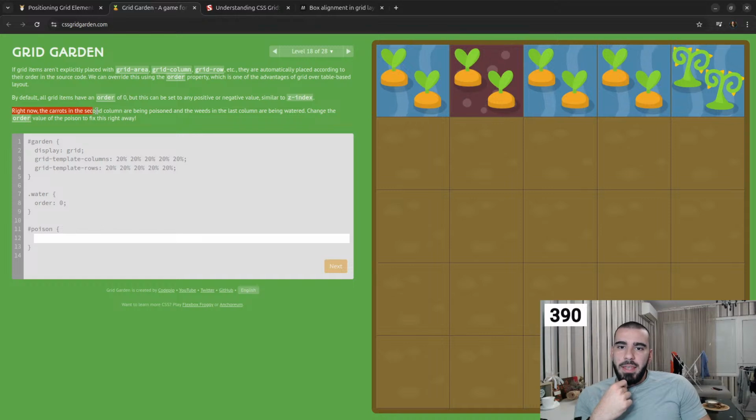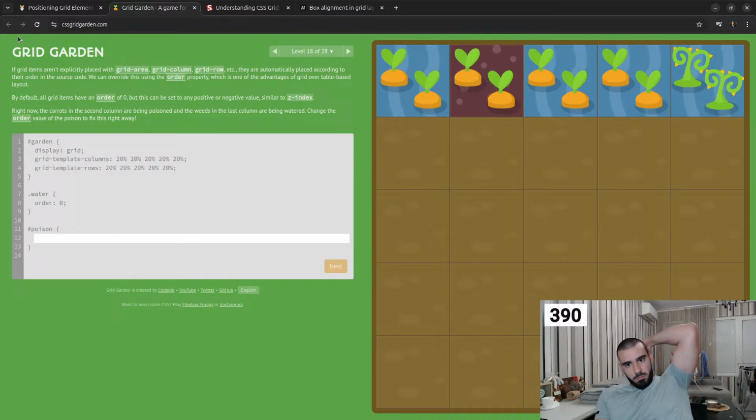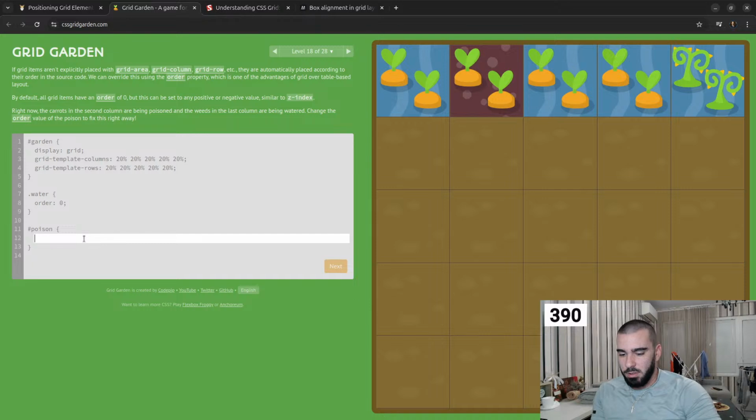Right now, the carrots in the second column are being poisoned and the weeds in the last column are being watered. Poisoned, not positioned, sorry. Change the order value of the poison to fix this right away. Alright, so poison right now has to have an order value. The order we haven't learned already,